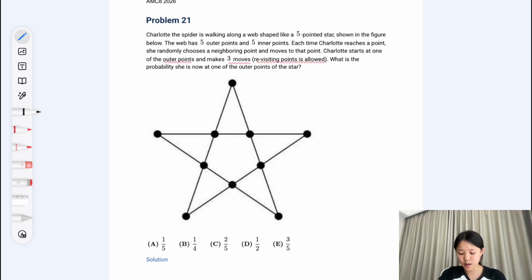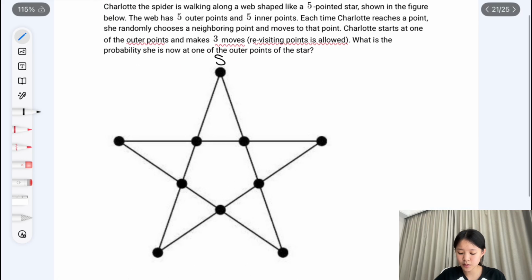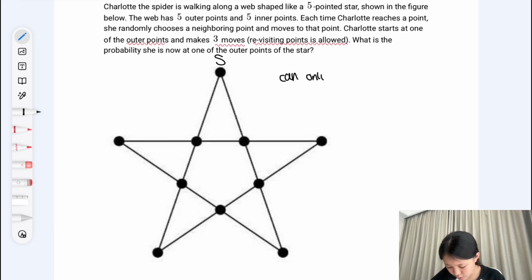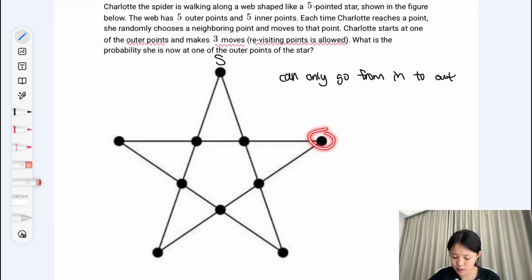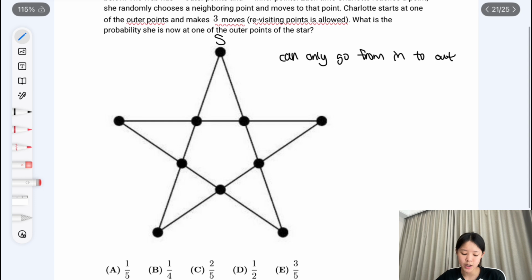So let's take this top one as a starting point. You notice that you can only go from in to out. What this means is you can't walk from an outer point to another outer point. That's illegal in this situation. So if you want to reach an outer point like this, you have to go from one of these 5 inner points. And so what that tells us here is that if she starts at this outer point as her initial point,